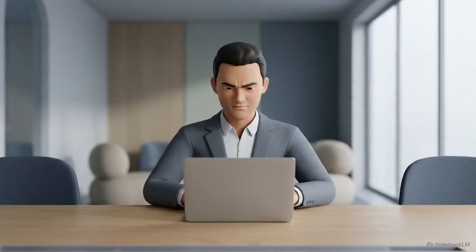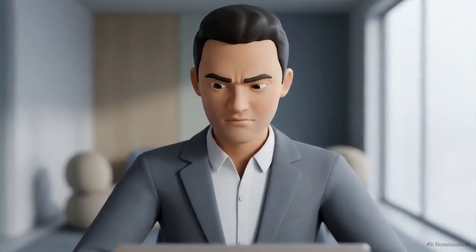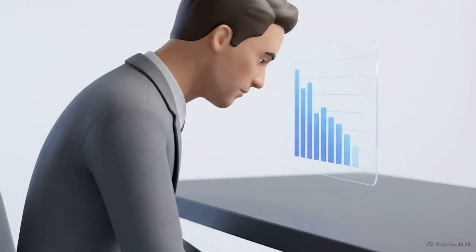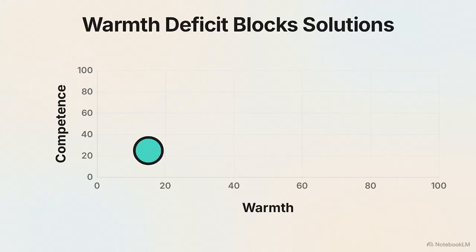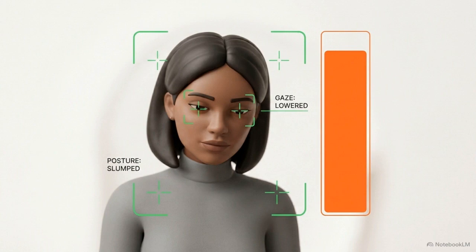If we return to that boardroom, we can now run the scan. Instead of reacting to the frustration, you observe. You notice the colleague's low energy. You recognize that, according to the SCM, they need a sense of safety before they can focus on solutions. Therefore, you categorize the interaction as emotional.